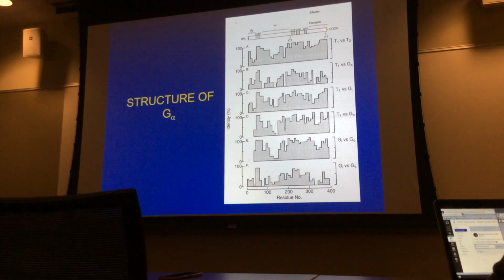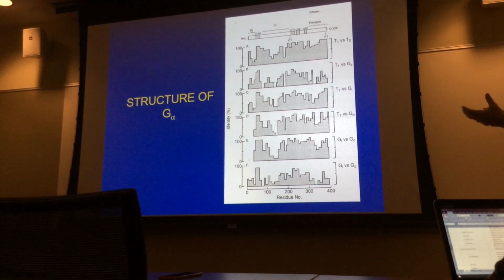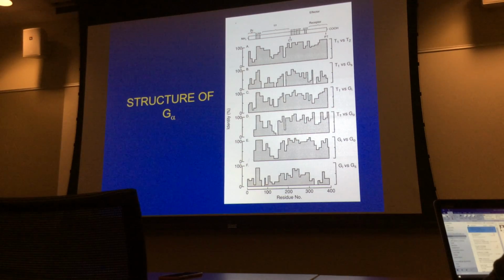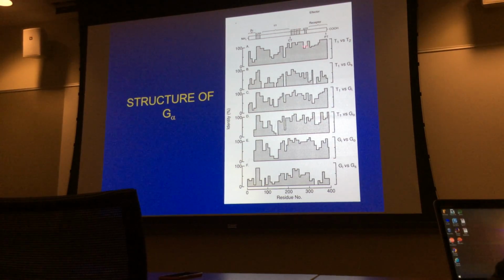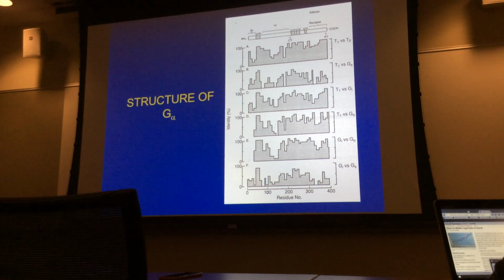So this represents the two-dimensional view of the amino acid sequence of a typical G alpha. Here's the amino terminal end, and here's the carboxy terminal end. And of course, these proteins are not linear. They're all folded up in a very specific way. So the GTP binding sites are represented here, and it's not that these sites are different from one another. There's just one GTP binding site, but if you imagine this line folded up in a very complicated three-dimensional structure, all of these GTP binding sites fold together to create one binding site. So that's not only the binding site for GTP, but it also represents the enzyme GTPase,